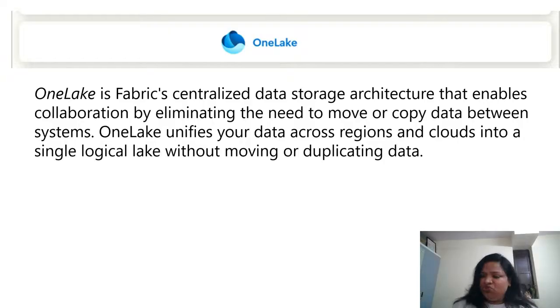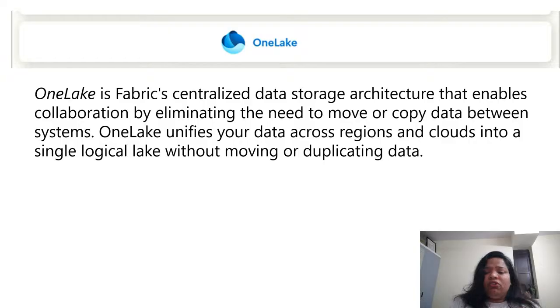And all compute engines in Fabric automatically store their data in OneLake, making it directly accessible without the need for movement or duplication. And if I talk about tabular data, because most of the time we deal with tabular data, right, Poonam? Most of the time, the data is coming in CSV or JSON, right? So the analytical engines in Fabric write data in Delta Parquet format, and all engines interact with the format seamlessly.